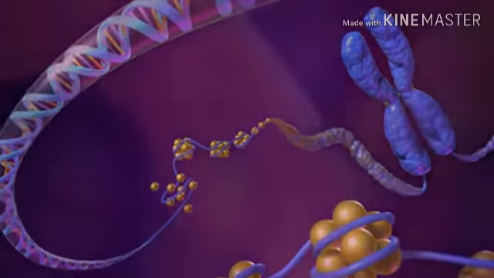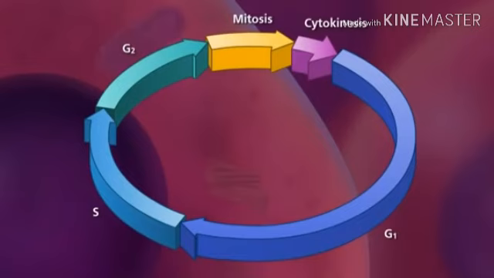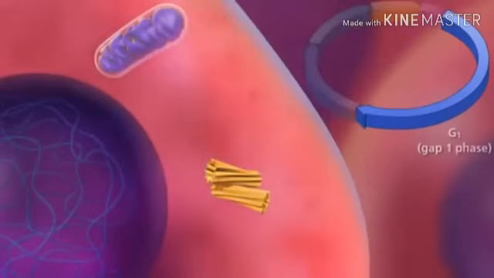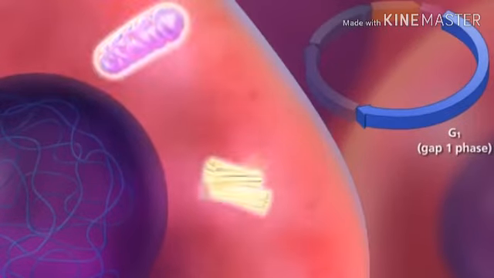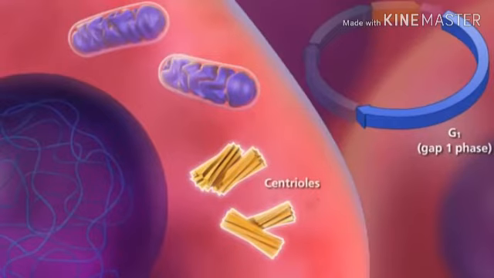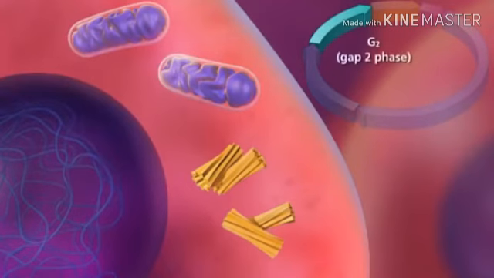The replication of DNA and formation of sister chromatids is one part of the entire cell cycle to prepare for cell division. The cell goes through interphase, which can be divided into three distinct phases. During G1, or gap 1 phase, all the organelles and cytoplasmic components, including the centrioles in animal cells, replicate. Then during S, or synthesis phase, the DNA replicates. Finally, during G2, or gap 2 phase, all the enzymes needed to aid in the process of cell division are produced.